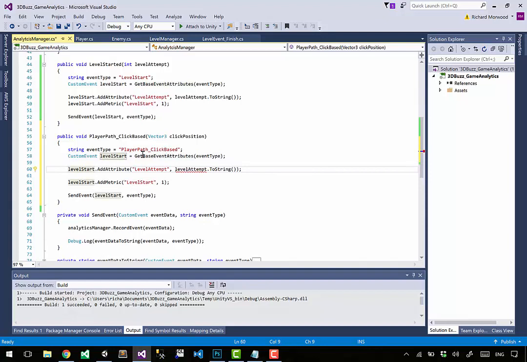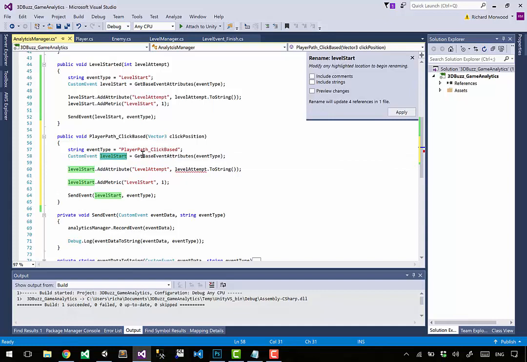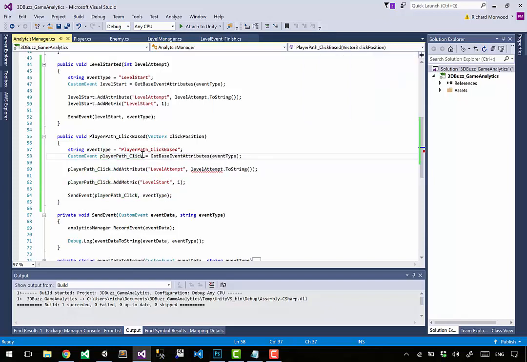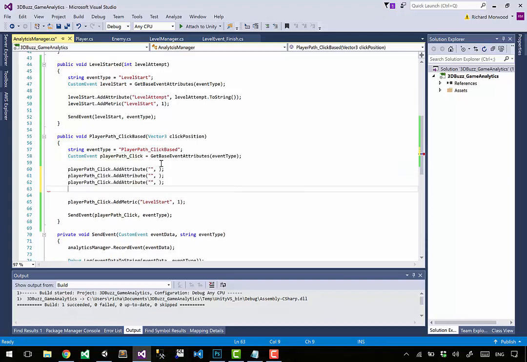And for these, let's change the name of this guy to player path click. And what do we want to change in new? Player path click, we want to add an attribute. We are going to need to have 3 attributes in this guy: 1, 2, 3. And for this, we would like to put in the click position. So we'll call this one, for short, P_X, so player X, and then player Y, and player